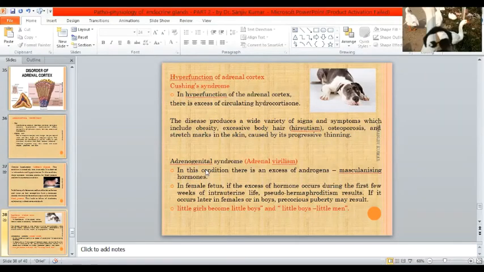And in case of some deficiency or excess of the androgens, basically in case of the excess of androgens, the girls behave like boys, and in boys precocious puberty occurs. So very early puberty occurs. So in case of boys or girls, precocious puberty occurs when there is excess of androgens. Puberty signs start forming much earlier. Even, as I told you, the girl can behave like a boy; pseudohermaphroditism can also be seen due to adrenal virilism.